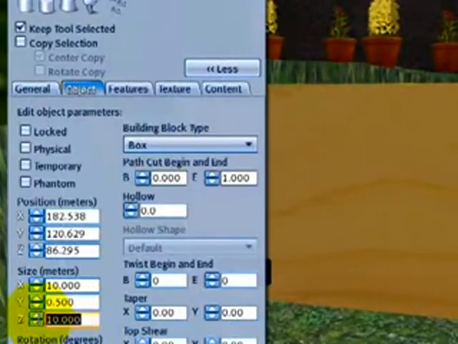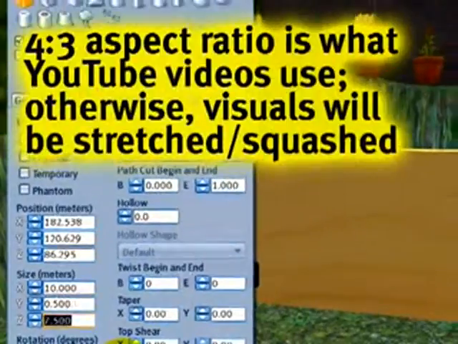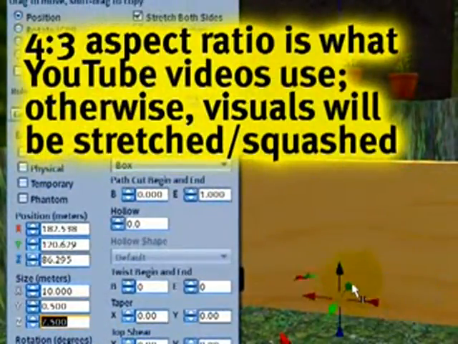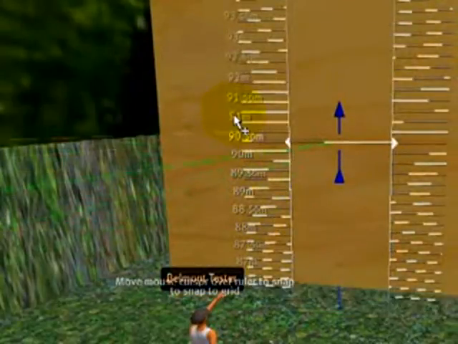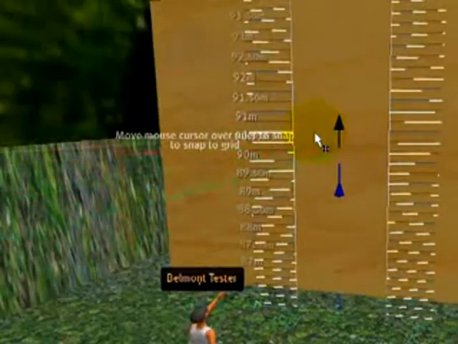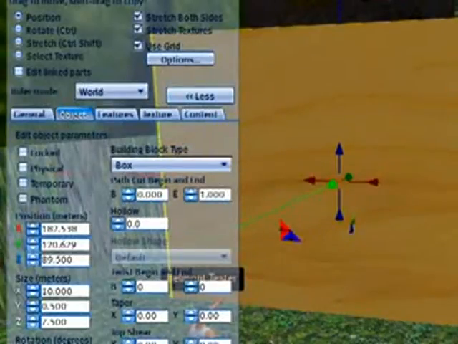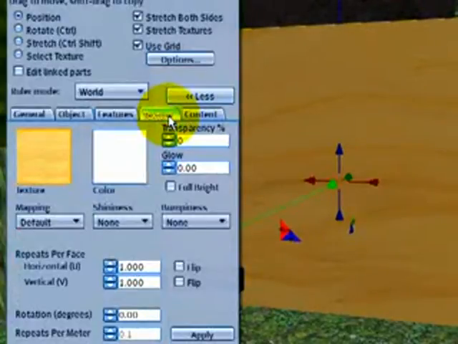Actually, I want to change the aspect ratio of this to 7.5, so it's 4:3. That's like a standard television aspect ratio. It's not totally square, it's kind of like a rectangle, and I'm just clicking and dragging on these arrowheads to reposition it. Now I can go back to, actually not yet, I'm going to go to the Texture tab, and